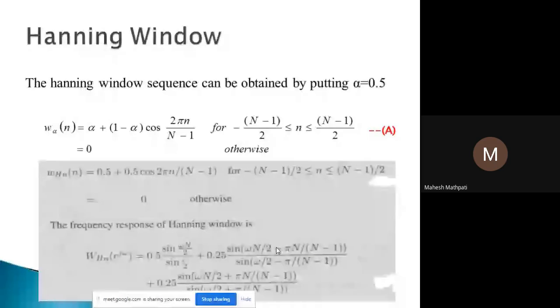यहाँ पे सिर्फ if you put alpha equals to 0.5, that window we are calling it as Hanning window. Just write 1 point. For alpha equals to 0.5, the above equation can be used for Hanning window. H-A-N-N-I-N-G. If I put alpha equals to 0.5, the above equation is called as Hanning window. Or